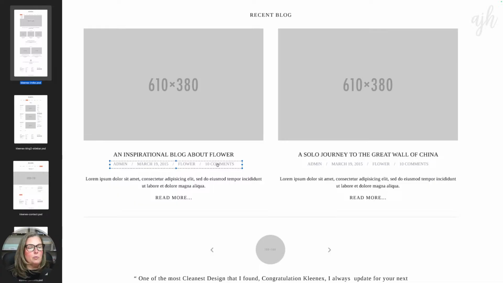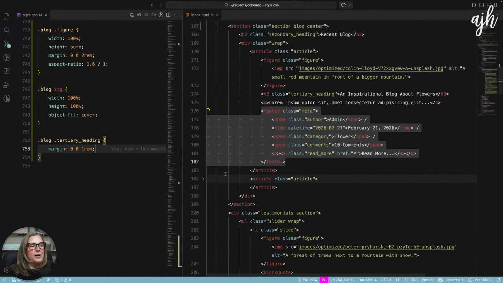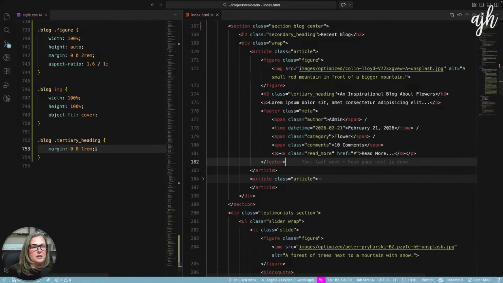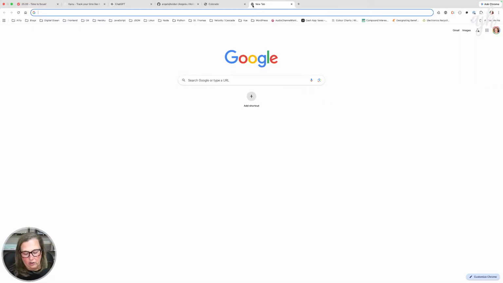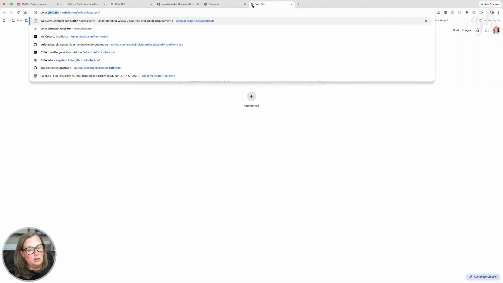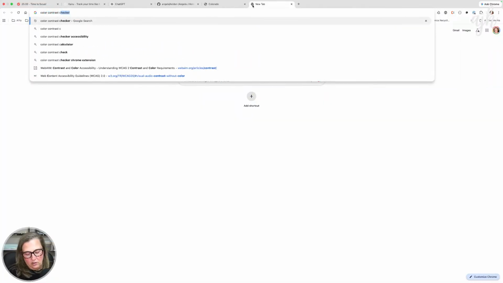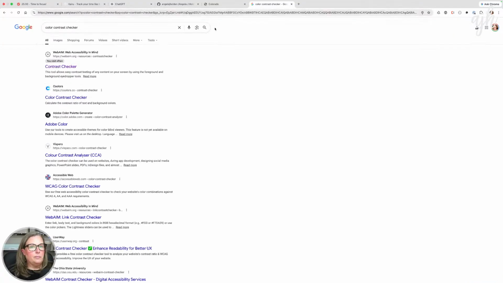Okay, we'll change the font color. I feel like we do this every time, and I'm always surprised by how light I can go and still be accessible. So we'll try it. Let's crack open the color contrast checker.